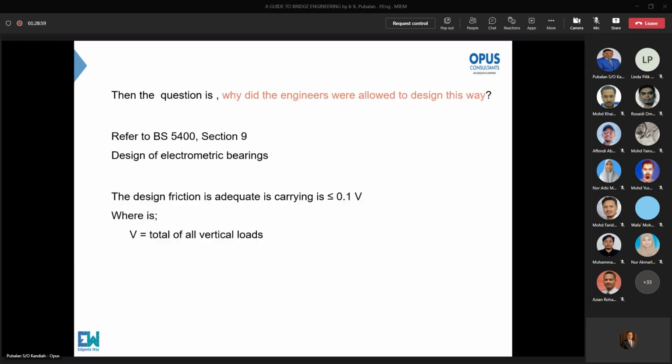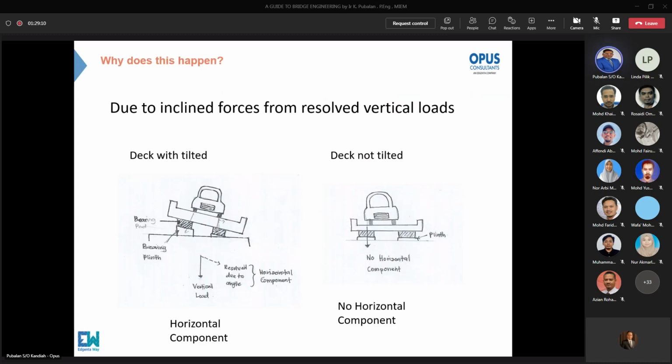Now, the question is, if this is the case, then why didn't the engineers allow for the design to be this way? Am I right or not? I'm sure the engineers who have designed the bridge have already known this situation. So basically it boils down to the